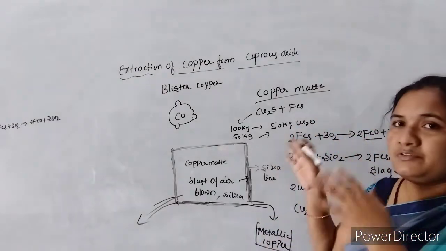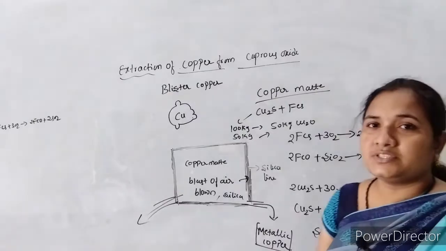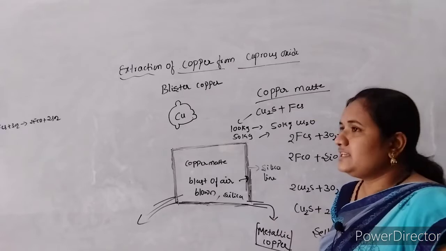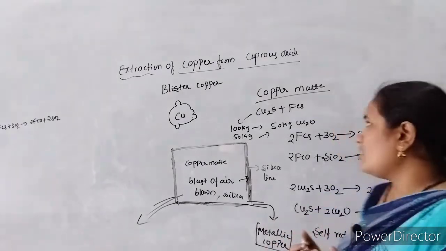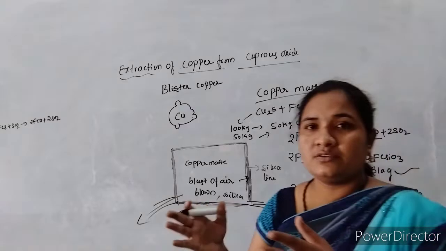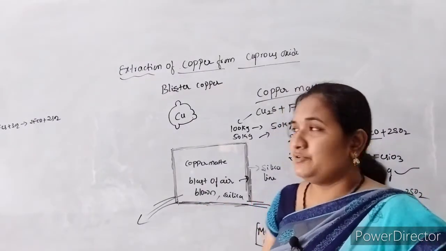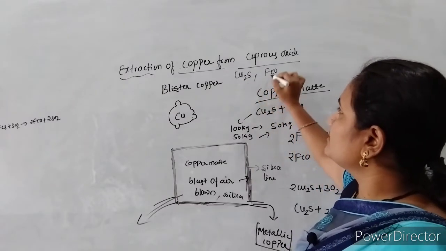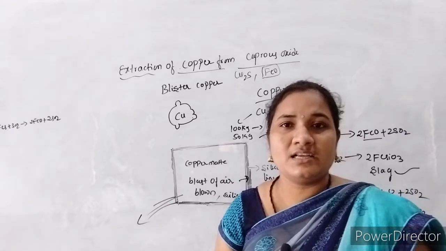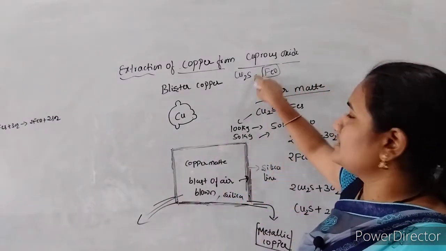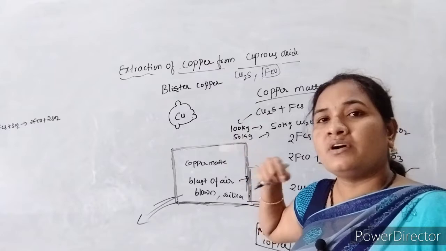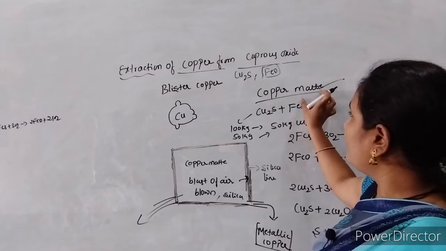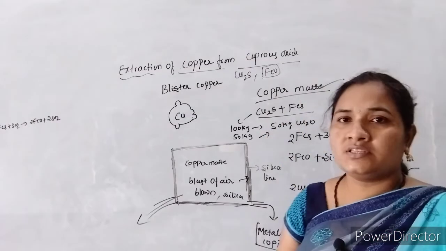In the actual process, in the furnace process, we use the reverberatory furnace for the production of metallic copper. In that reverberatory furnace we have to blow hot air. Then we remove the impurities present in the Cu2S, that is FeO. It can be removed by adding silica to the furnace, and it is removed as ferrous silicate in the form of slag. Further we get the copper matte. This copper matte is a mixture of Cu2S with FeS.